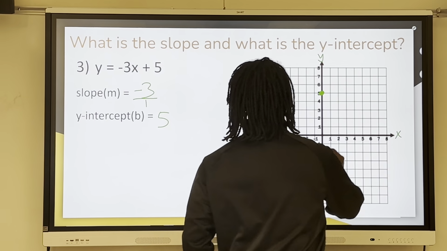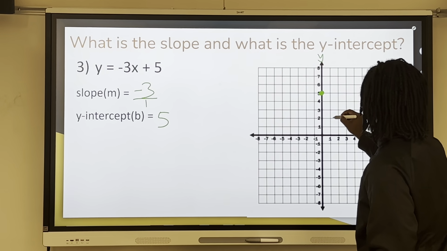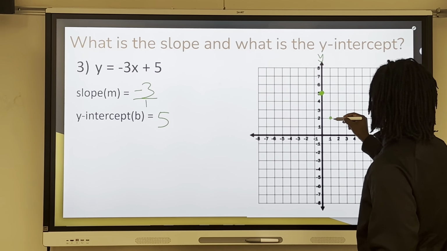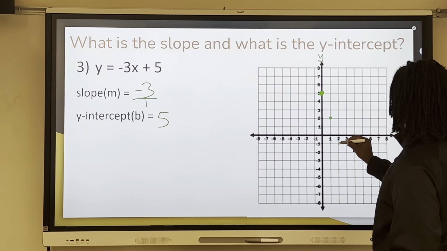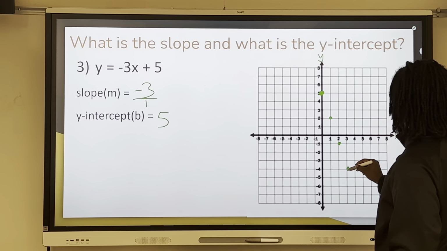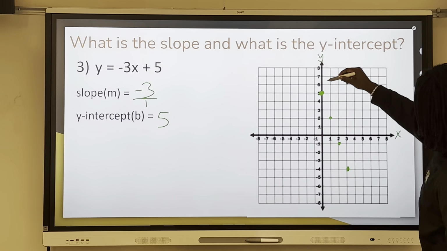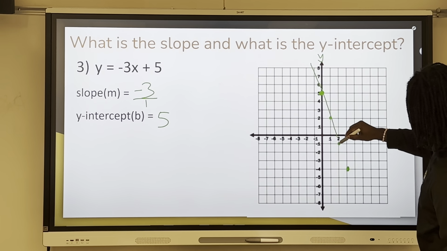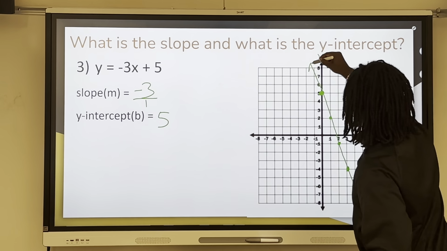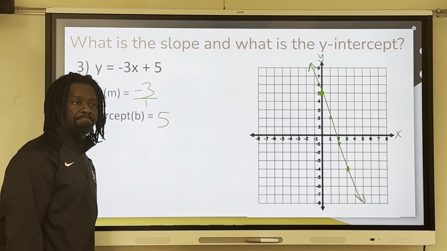So I'm going to go down 3, 1, 2, 3, and then over 1. And then down 1, 2, 3, and then over 1. And then down 1, 2, 3, and then over 1. And again, I'm just getting some points. And so then I can connect these points together,